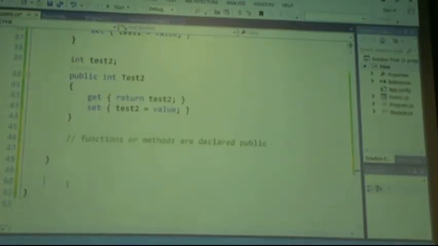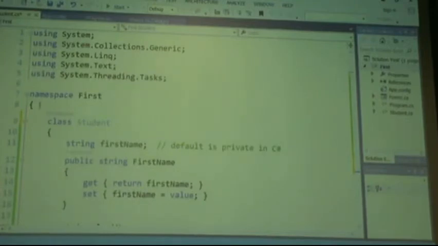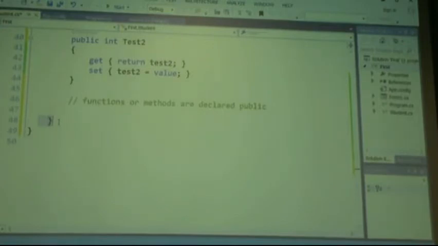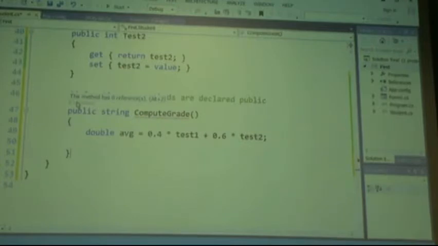So the question is, how do we know where the class ends? Okay, so let me summarize it by saying the very last curly brace is what? If I go to it, it's the end of the namespace. The second curly is the start of the student class. The second last curly is the end of the class. So anything we write should be above the last two curly braces, right? So once again, if the code becomes huge, you can always go to the bottom above the last two curly braces,